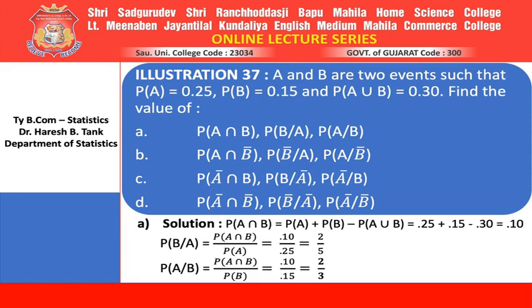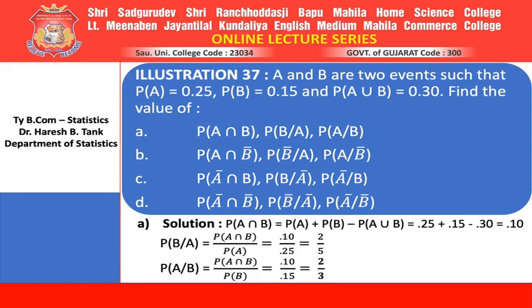Now as we know that probability of A intersection of B is 0.10 and probability of A is 0.25. Simplifying it, it comes to 2 upon 5. So probability of B where A had already occurred becomes 2 upon 5. Let us suppose that the sequence gets changed. Now our intention is to get probability of A where B already occurred, which means B occurred first and then A is occurring. Logic will remain the same, which is nothing but probability of the intersection of whatever is after and before the slash. So probability of A intersection of B divided by whatever is after the slash. After the slash it is B, so divided by probability of B.